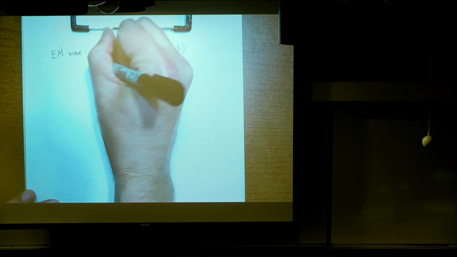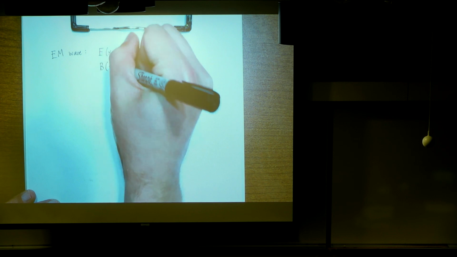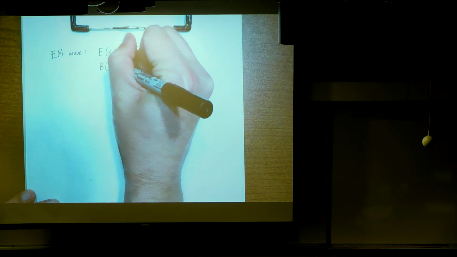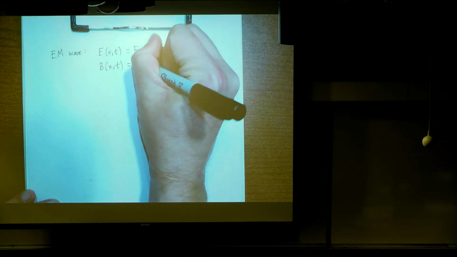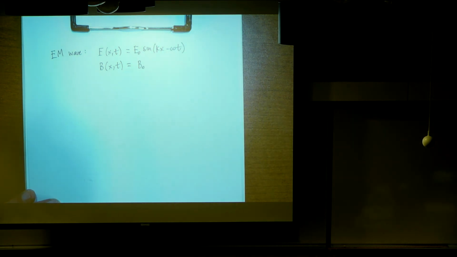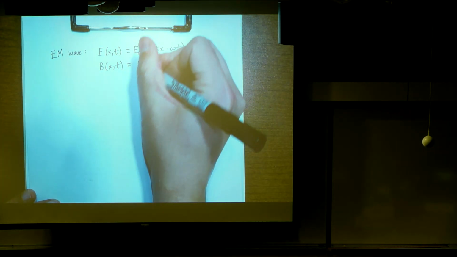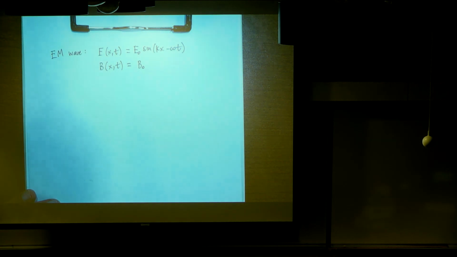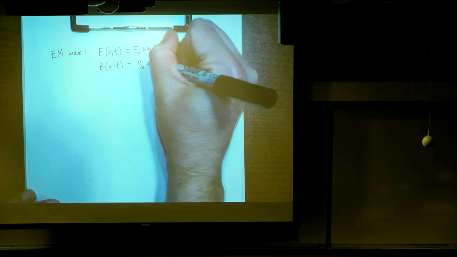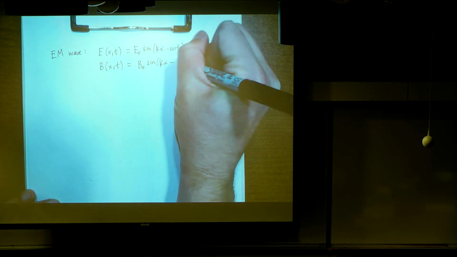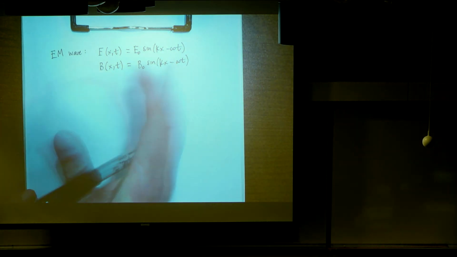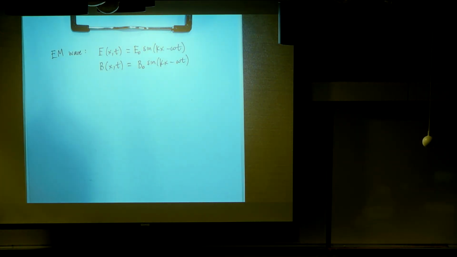And similarly for the magnetic field, B is a function of x and t. That's B naught, where B naught is the amplitude for the magnetic field, so it's the maximum value the magnetic field takes on, times sine kx minus omega t. So our job is just to find all the different variables that go into this. Okay,